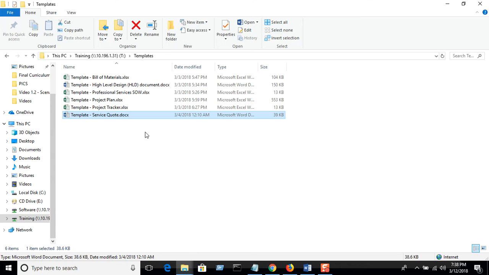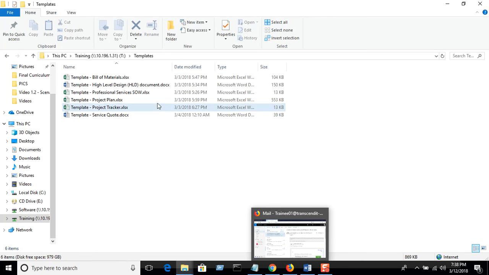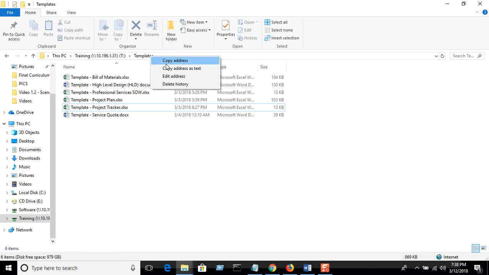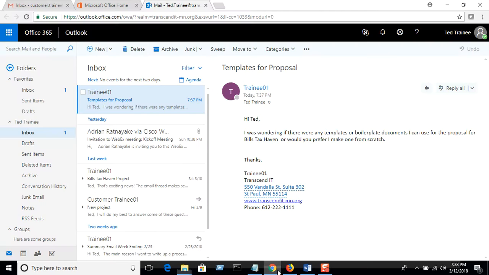So you recall we were talking about creating a statement of work, a design document, the bill of materials, a project plan, project tracker. We're going to put all these together. So I'm going to reply back as the manager. So I'm going to just copy this path, copy address as text. If you go up to any path, you can just right click and do copy address as text. So I'm going to go ahead and reply